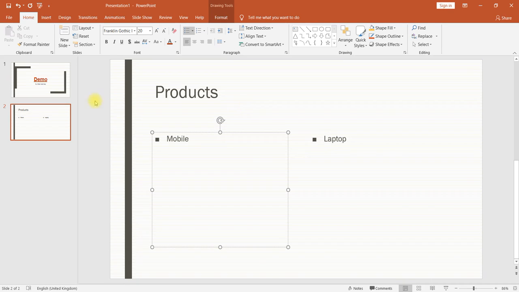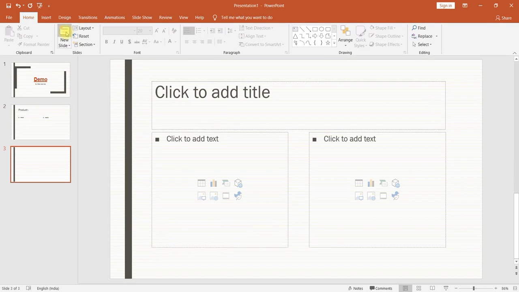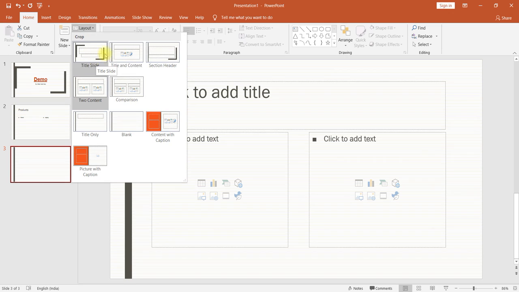Once you have selected a new slide, you can see the new slide has the same layout as the previous one you used. If you would like to change the layout, go to layout and change it to whichever type you require. Blank, you can use a blank one.